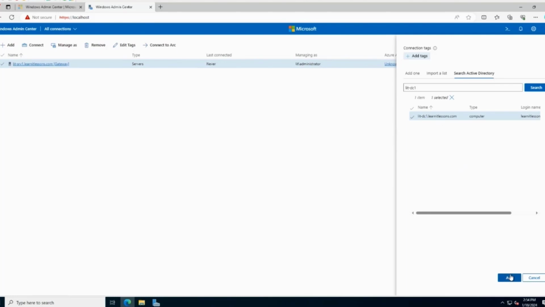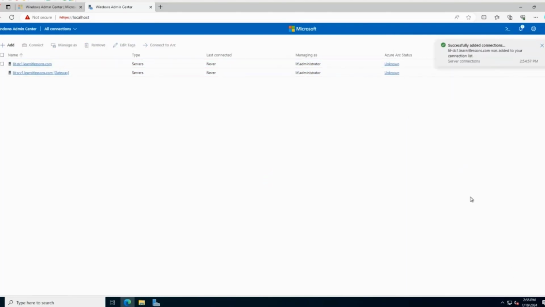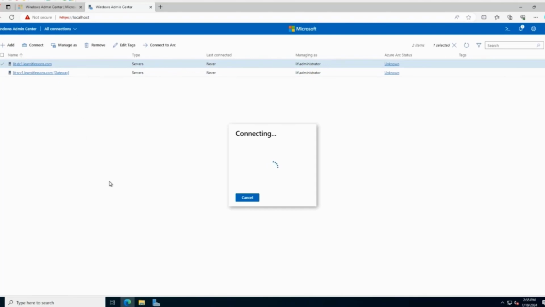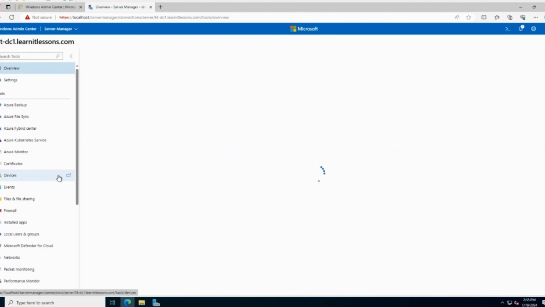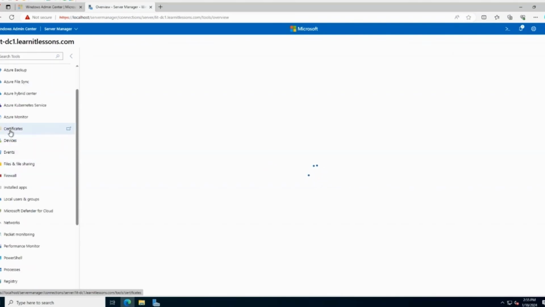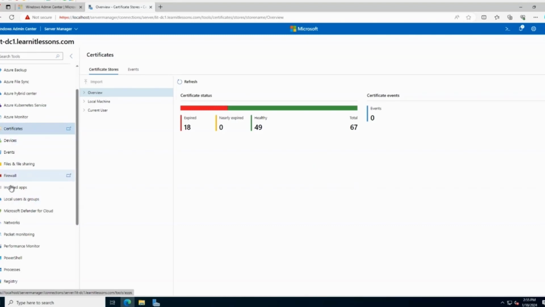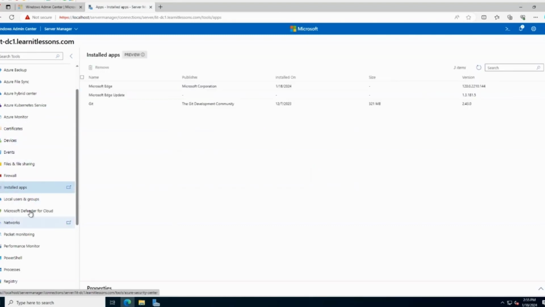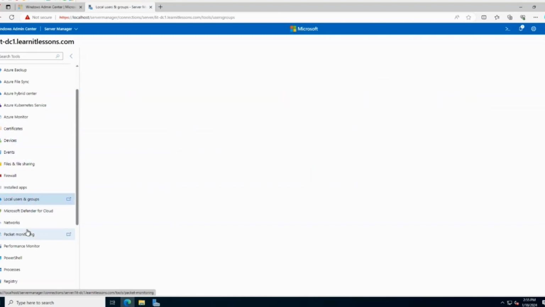I'll select it and click Add. Now we can go ahead and manage this server remotely. We can connect to this server and perform lots of different administrative tasks like check certificates, check installed apps, local users and groups,